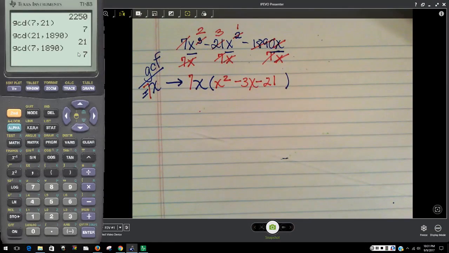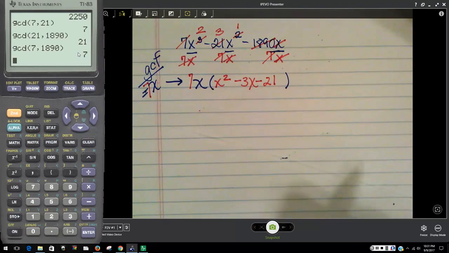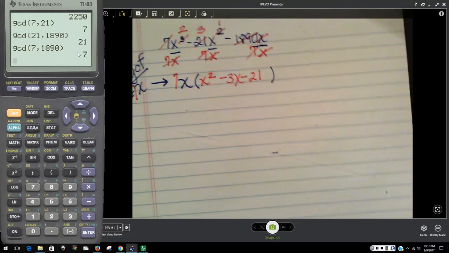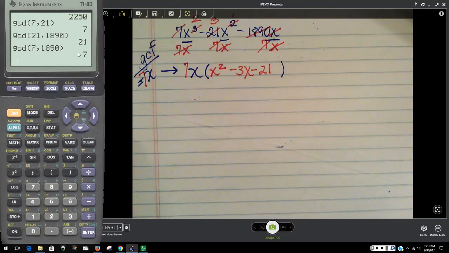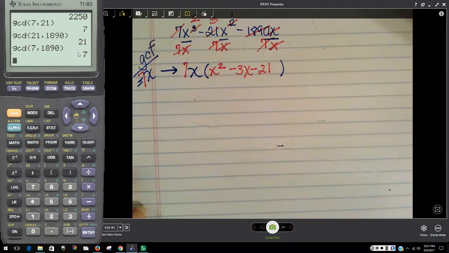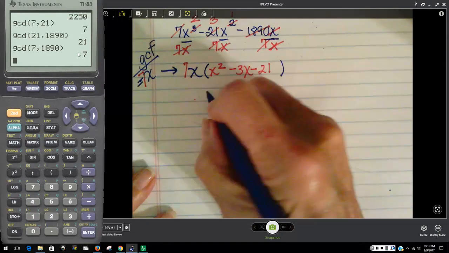Now the next question is, does x squared minus 3x minus 21 factor? The way that I'm going to have you approach this is the way that I commonly teach it. If this doesn't work for you, then you need to come and see me in my office during office hours, and I will help you. But here's what I know. If that factors